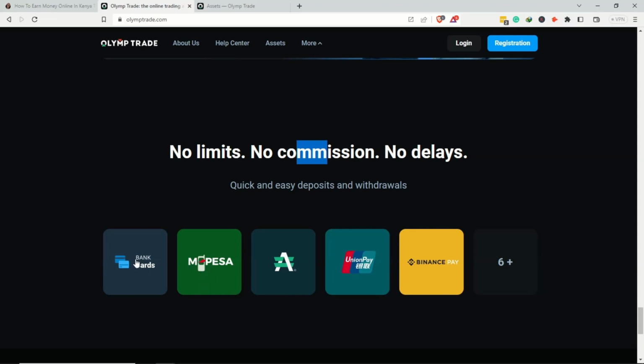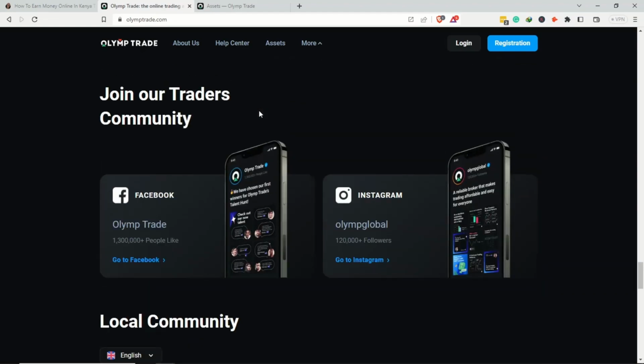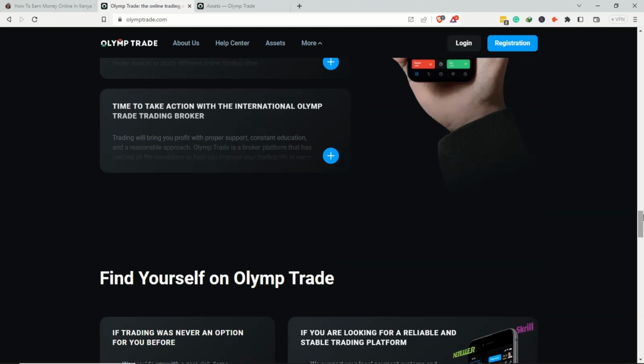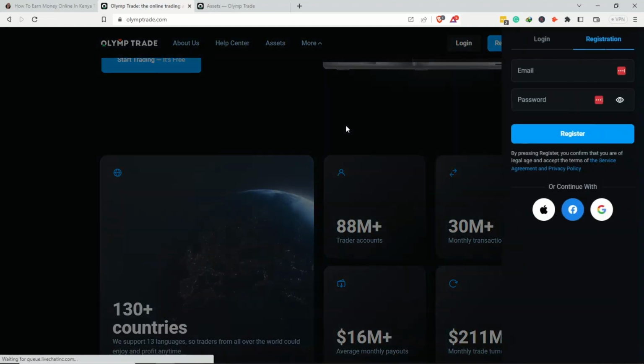Yeah, this can either be your ATM, your credit card, and all those things. Now, to join this platform, it's really easy. Just come here to registration, type your email, choose your password, and then click register. From there, simple things. Now, where you will go from here is